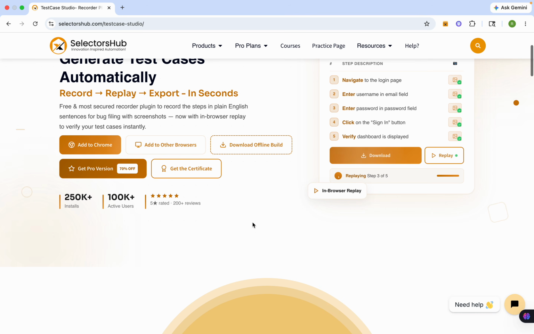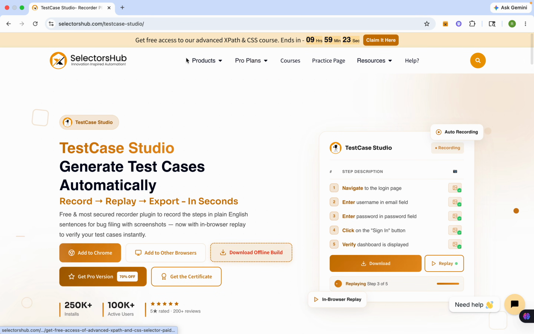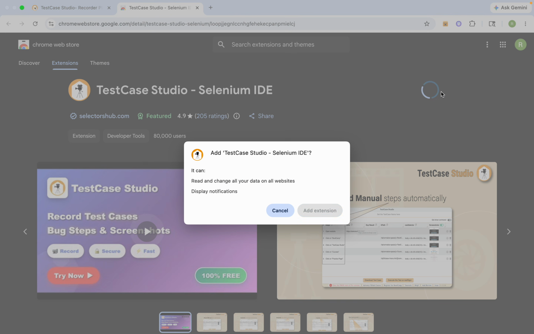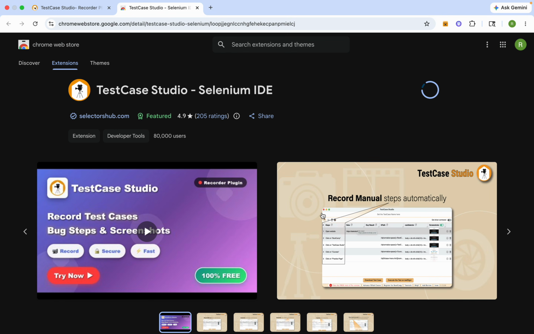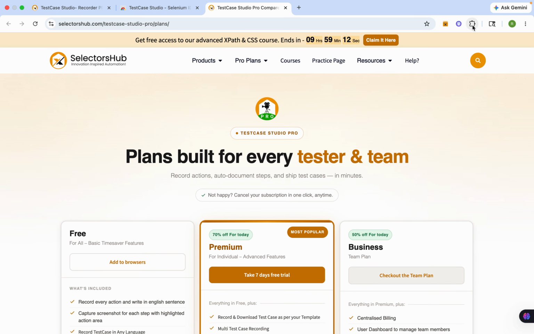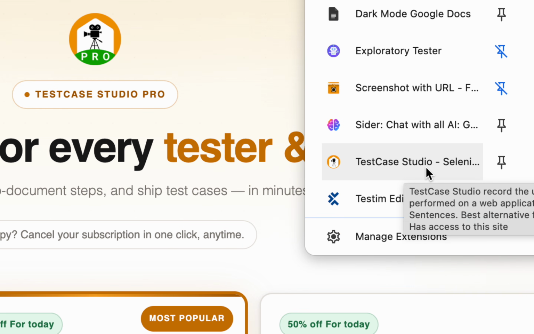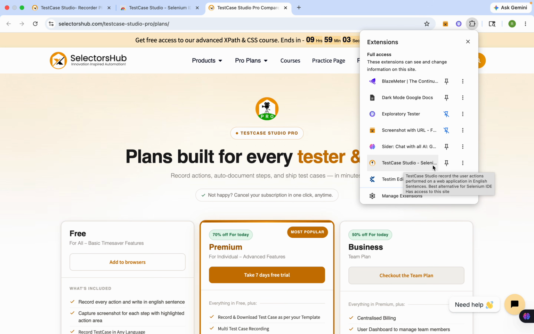In a moment I will show you that, and you can use it in all these browsers and it can be really useful. So let me just add it to my browser and I will show you how to use it and what all you can do with it. So this is added, and if you see, it is here. This is Test Case Studio from SelectorsHub, and I will pin it so that it comes in on the toolbar here. And now I'll just click on this